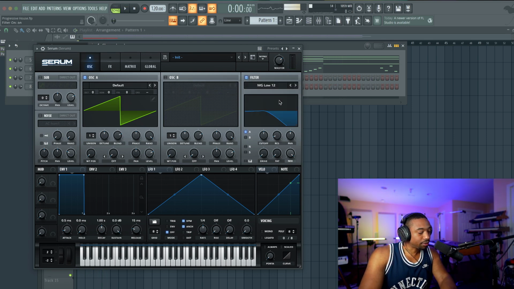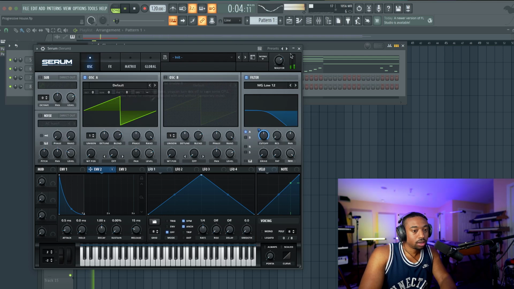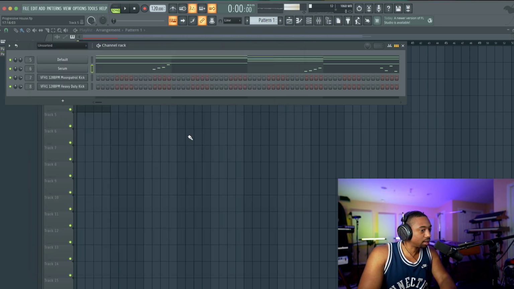I'm also going to add what's called a filter envelope. Let's go to envelope 2, drag this over top of the cutoff. It's just a lot easier to sound design in Serum. Now we have more of a pluck approach to the sound, and you could also add lasery sounds with the resonance. But I don't think we need that right now. You can add another oscillator. You can go up an octave, down an octave. I think it's best probably, because we have it on reverb, I'm just going to leave it to one oscillator, but you can thicken up the sound if you want.